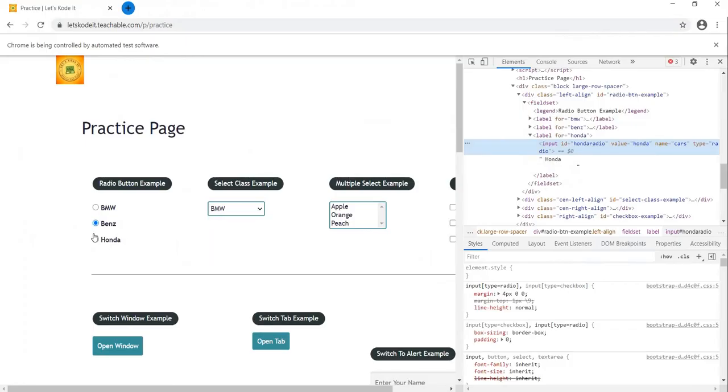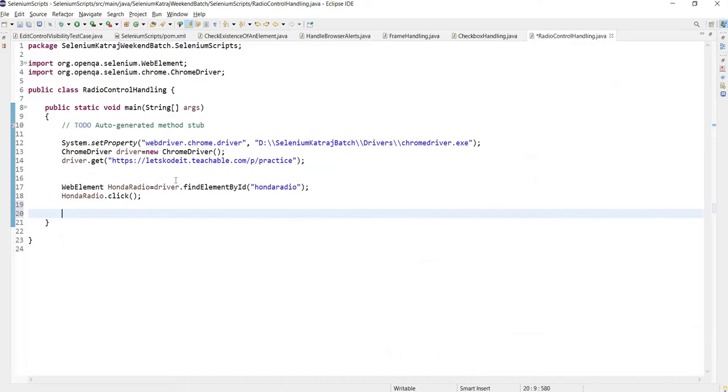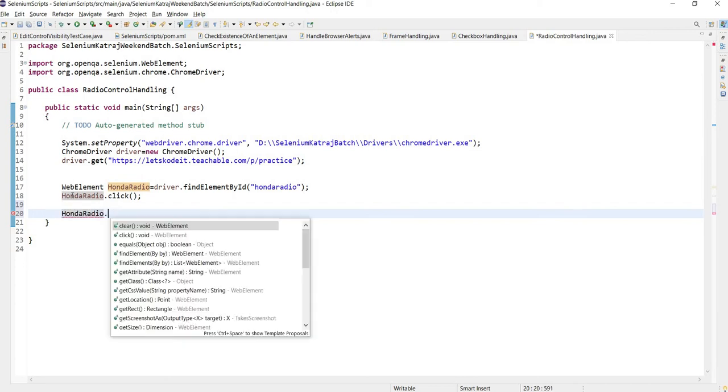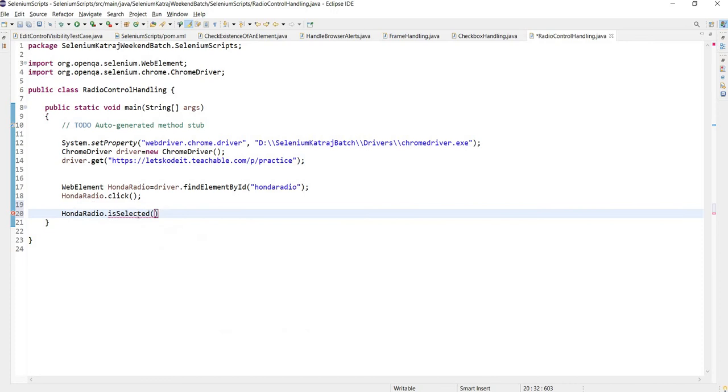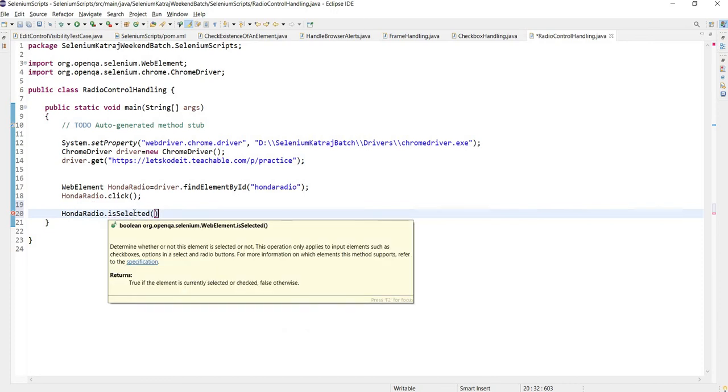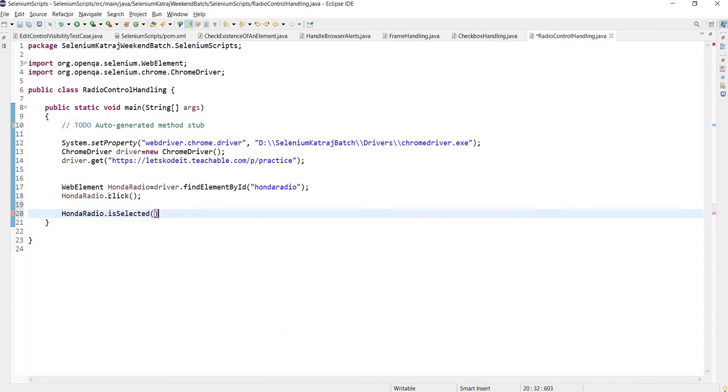Now what next? Once I click on it, I want to check whether it got selected or not. The same thing we have already learned with respect to checkbox, we are going to use here. So Honda is selected. isSelected will return true if the control is selected, otherwise it will return false.